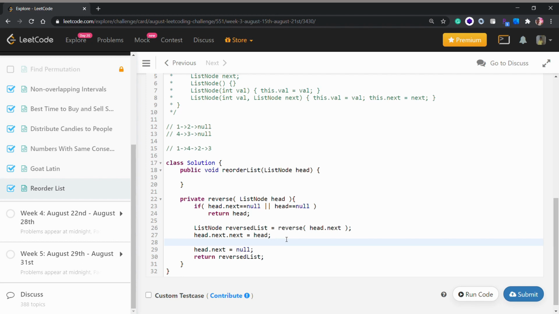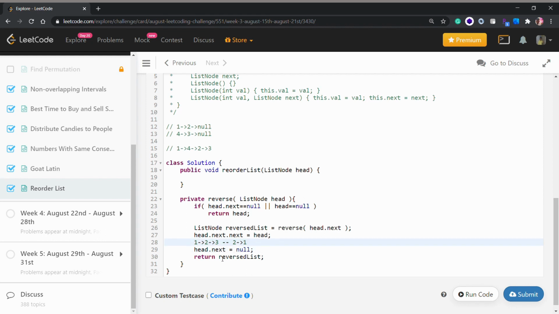But our head.next.next, for example, 1 points toward 2, which points towards 3. So 1, not 1 but 2, will point toward 1.